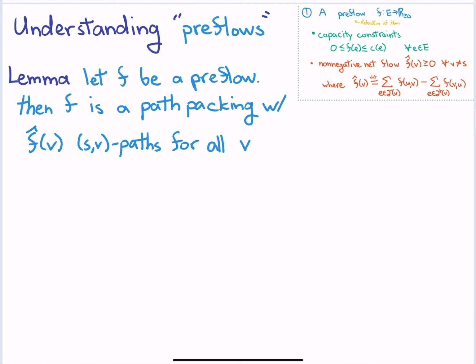All right, so here's a lemma that helps us understand what a preflow is. So again, a preflow, the only rule is that compared to a flow, intermediate vertices can take in extra flow. Okay, so a preflow might be like, oh, from S,